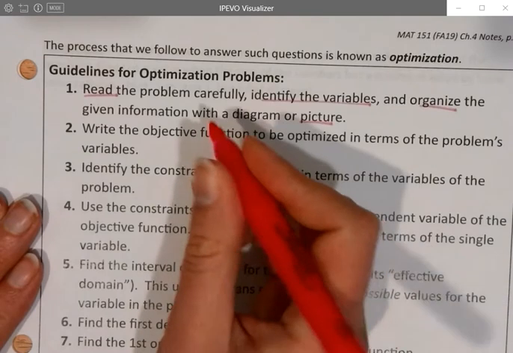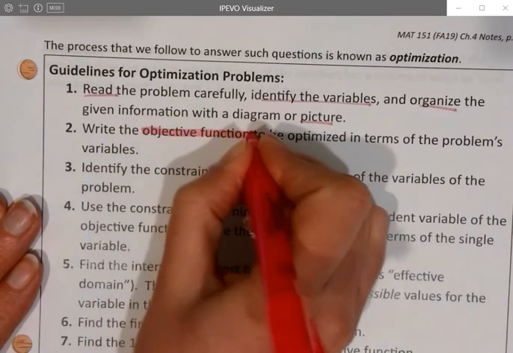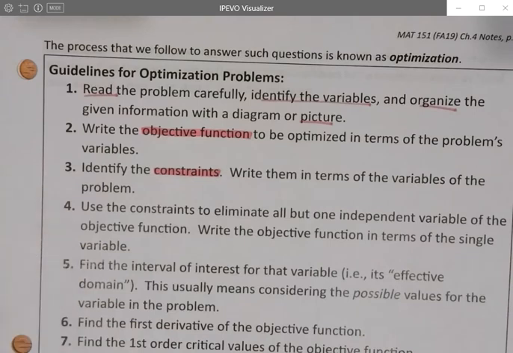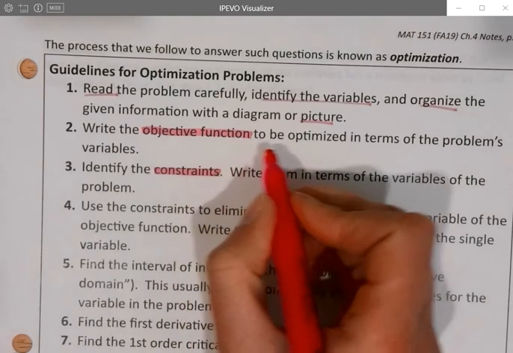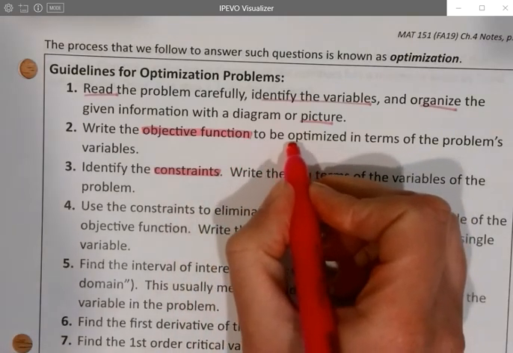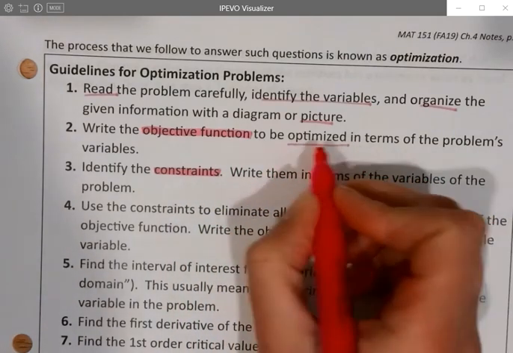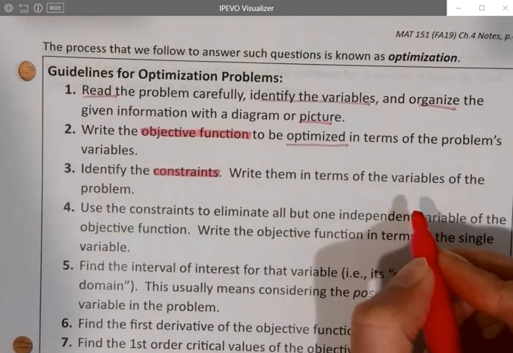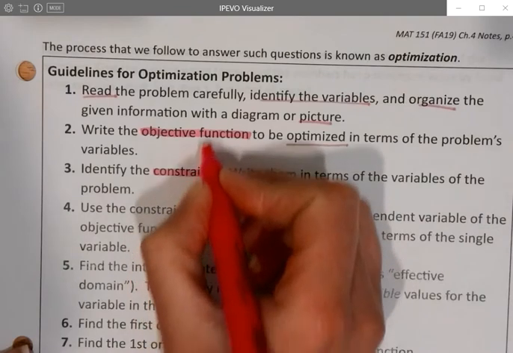Then we're going to make sure that we write an objective function and a constraint or constraint functions. Those are also equations. There may be one or more. So the objective function is identified by being our goal. It's the thing that we want to optimize. Optimize is just general for max and min. You want to find the largest or the smallest. And then once I have those two things